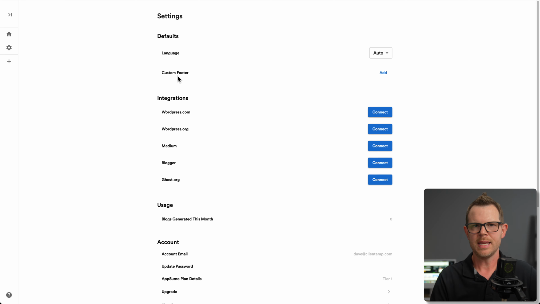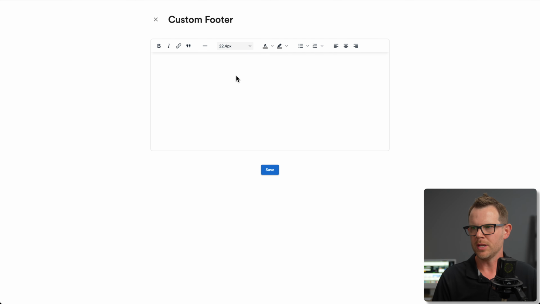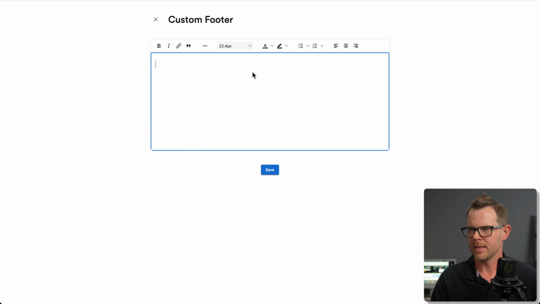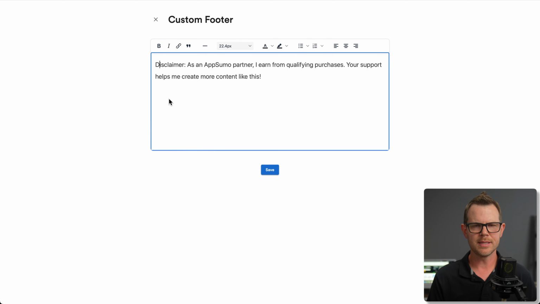So if I want to have the same footer on every single blog post, I can click add here. We get our first glimpse of their text editor, kind of just a basic WYSIWYG editor, where you can type out whatever you want to appear in the footer. Just to see where this actually lands inside of a blog post, I'm going to throw in a little affiliate disclaimer here. This is a normal FTC disclosure message that you're supposed to put up every single time you use an